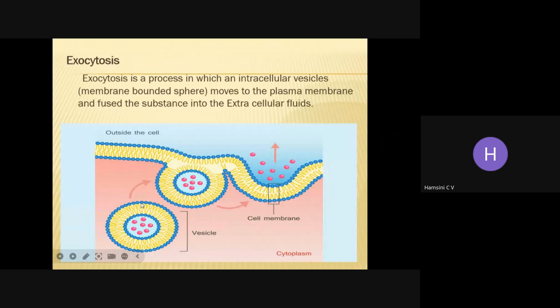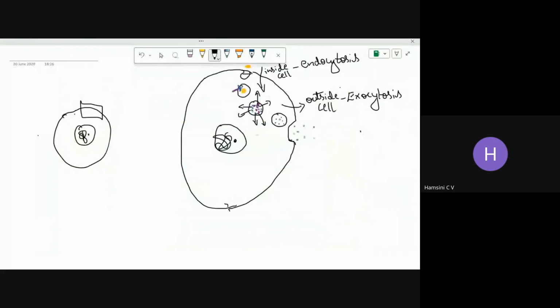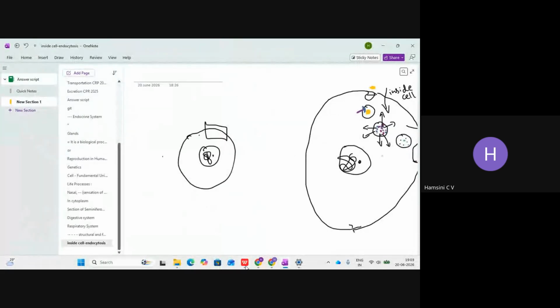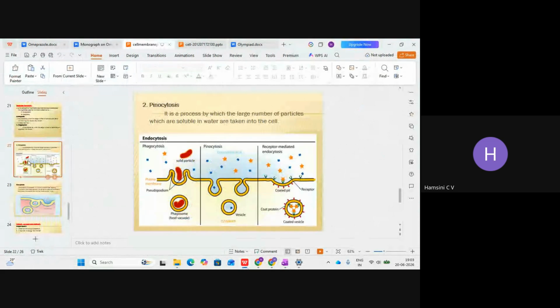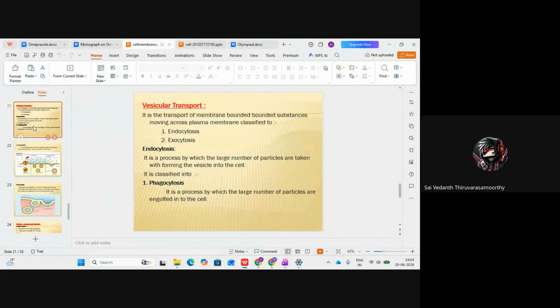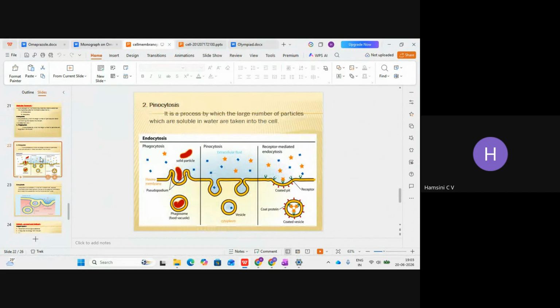Now, can you relate this with whatever I taught here? So this is endocytosis, exocytosis. In endocytosis, depending on the type of the particle, you have 3 types. Did you understand? Did you understand, children? Yes, ma'am. Yeah, please make note of this diagram and write a short statement regarding what is phagocytosis,